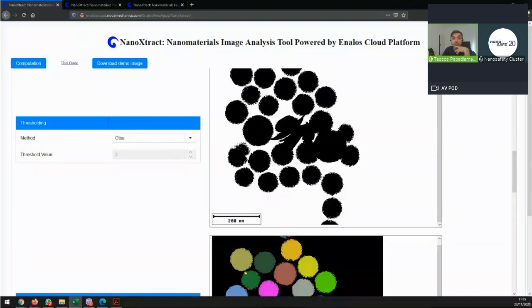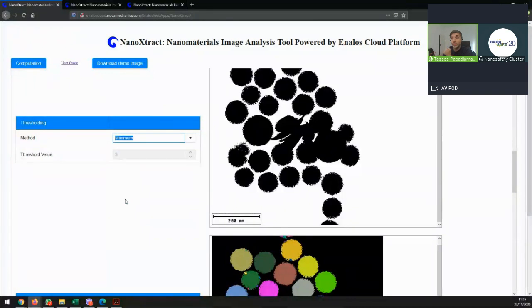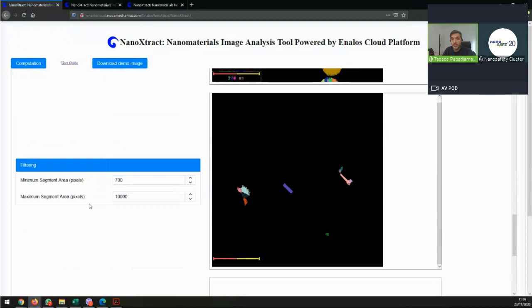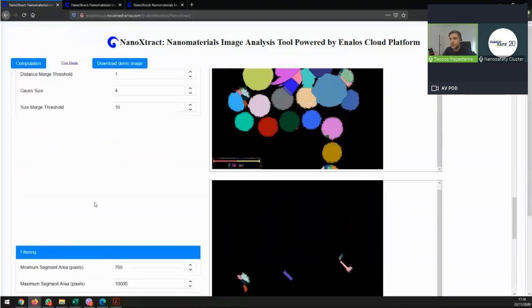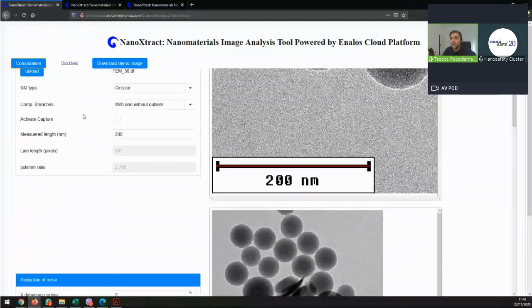As I already said, the intermodes or the minimum error algorithms are pretty good for things like that. So let's try the minimum here, and I will not touch any of this for now. No problem, it's going to work. And see what we get.